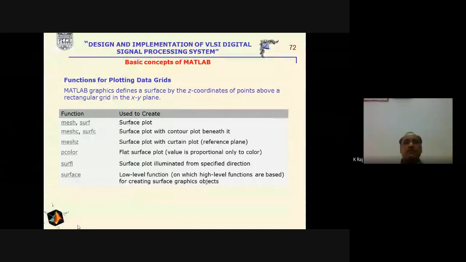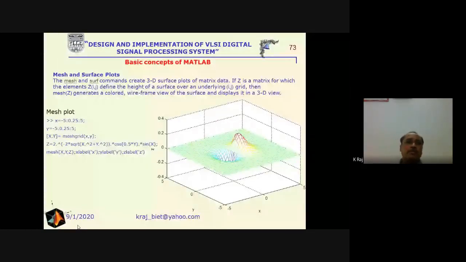Now let's see some examples. Suppose we are interested in the mesh plot. In the mesh plot, first of all we have to define x, y, z. That is, x is defined from -5 to 5, having a uniform gap of 0.25. Similarly, y has been defined.